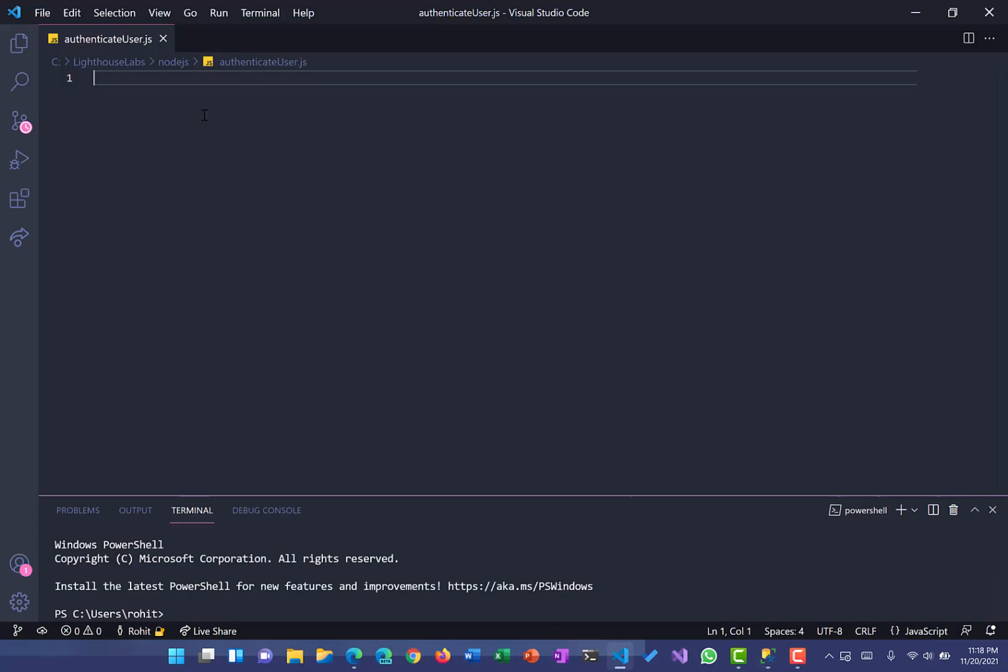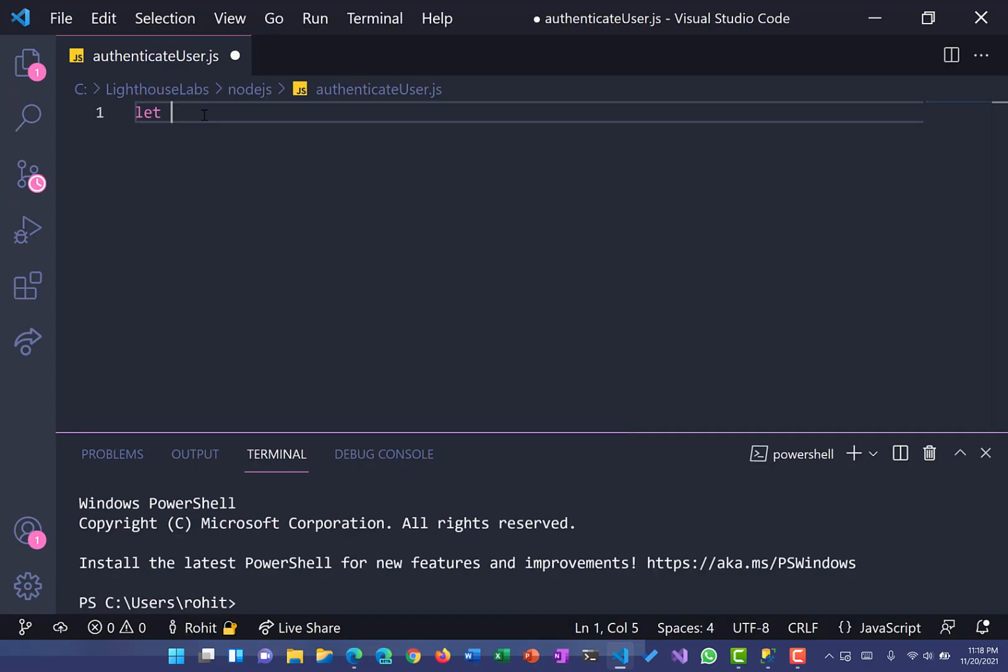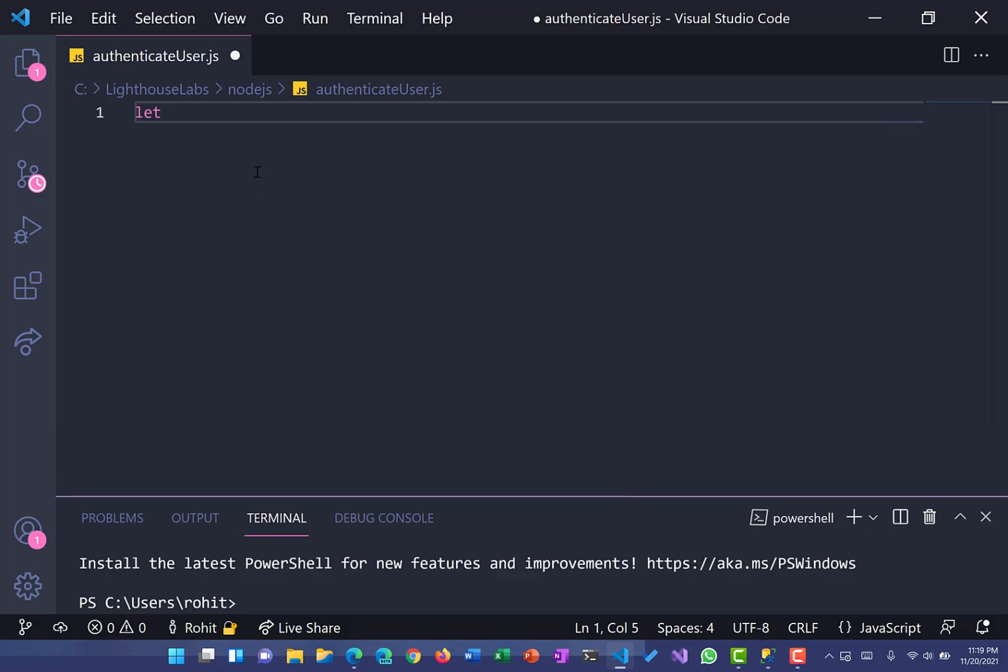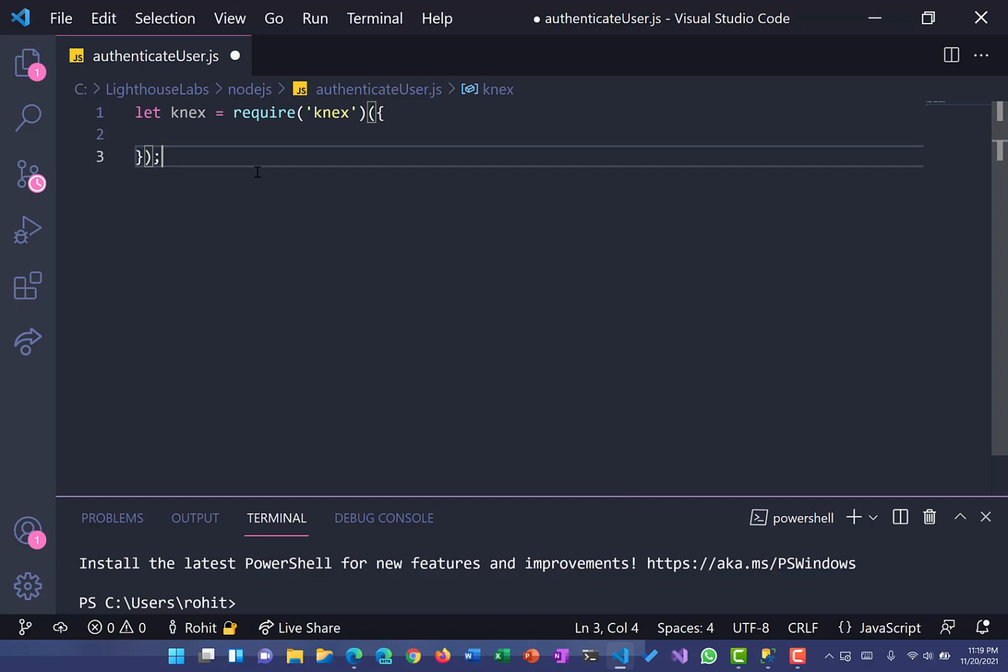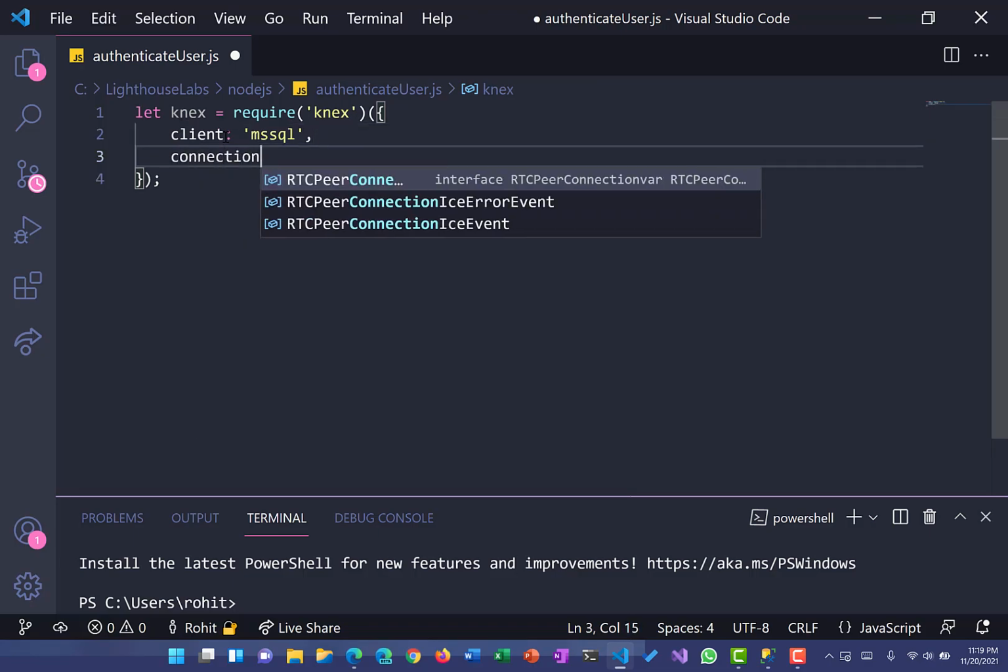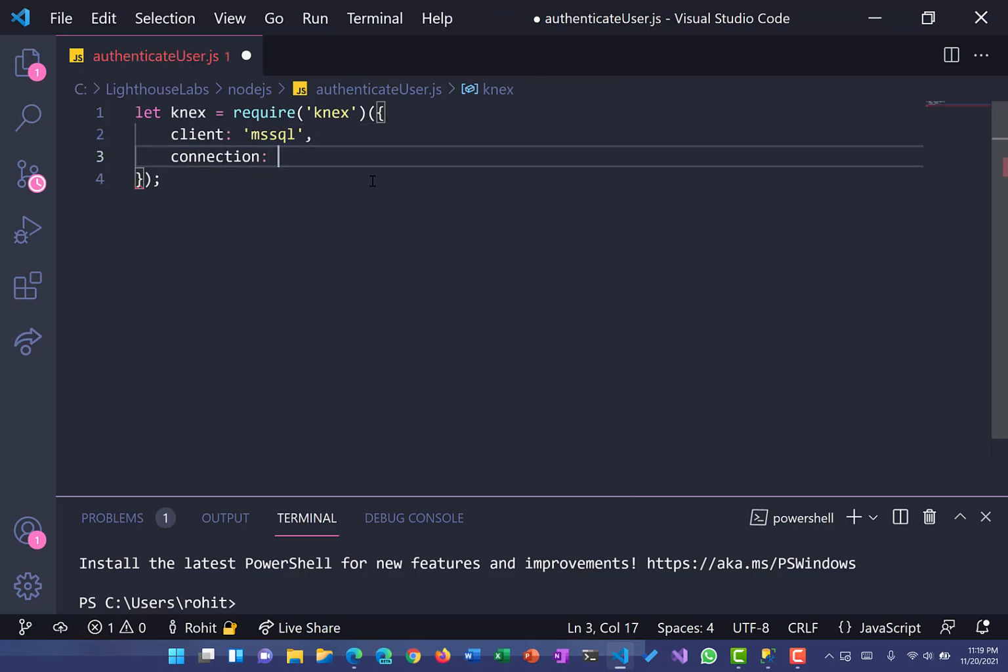The first thing we'll do is require the Knex library and connect to it. Let me increase the font size or zoom in so it's better in terms of readability. So we'll say knex is equal to require, and we are going to require the Knex library, and then we are going to pass different configuration options within this. The client is mssql, and then we have the connection property or the connection key, which needs different